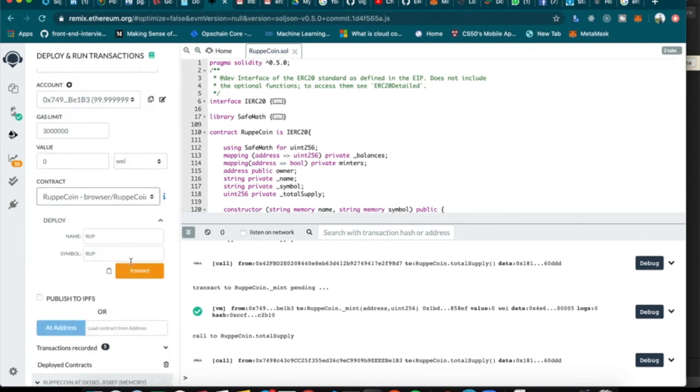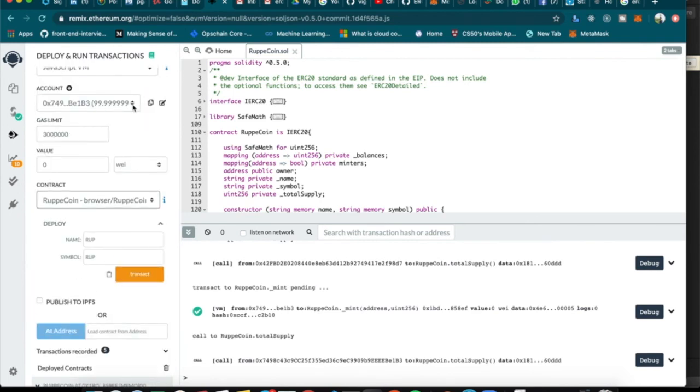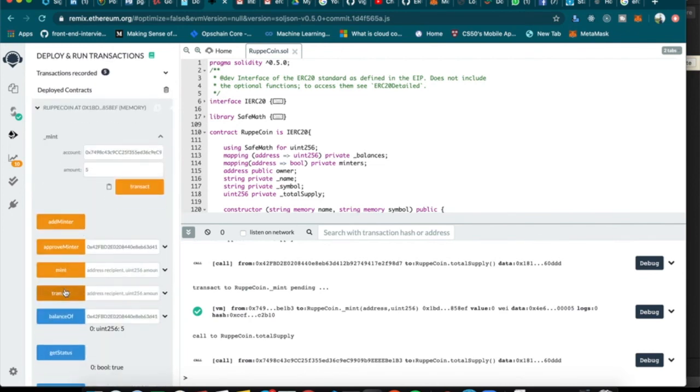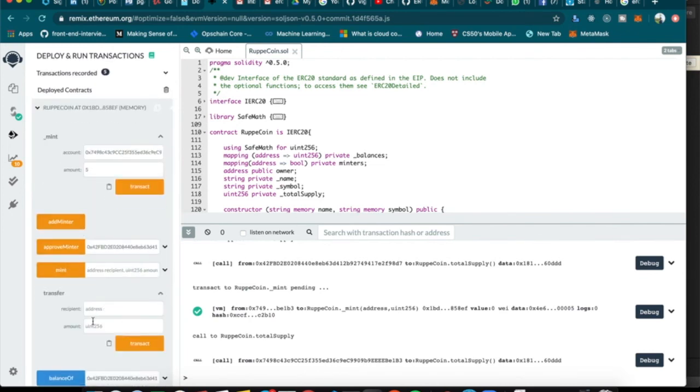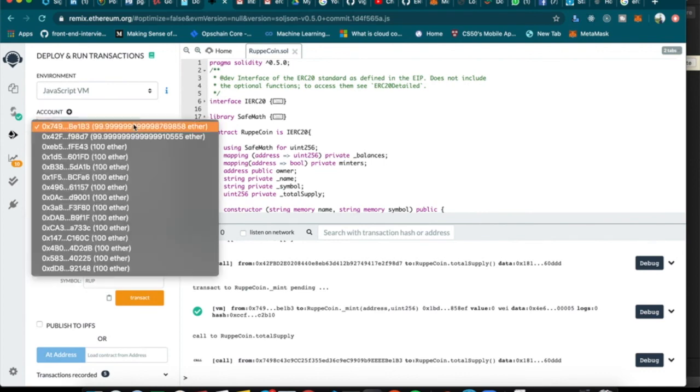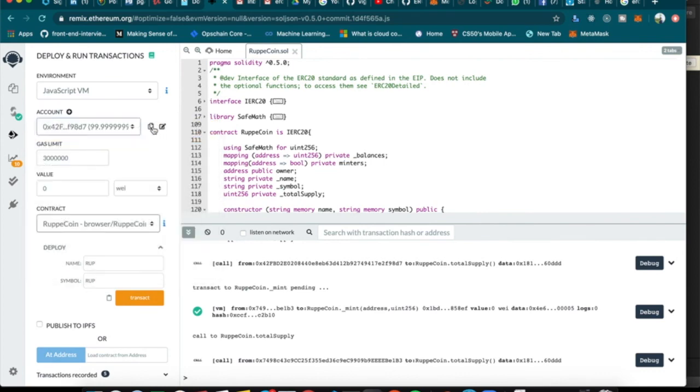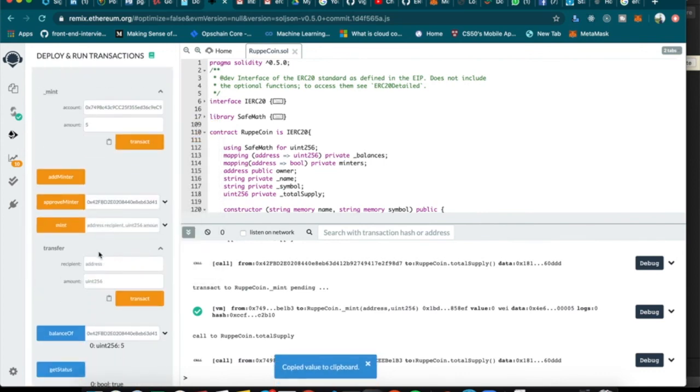Okay, now we will transfer some tokens to the second user. So the recipient address is the second user's, so we'll copy that and paste it over here, and we will send 3 tokens to him.